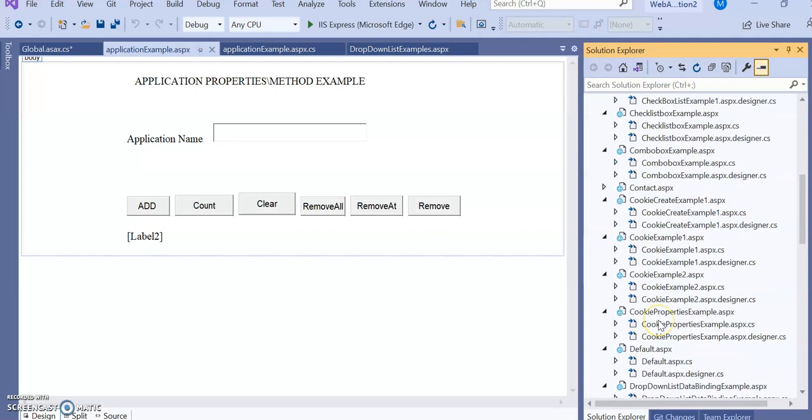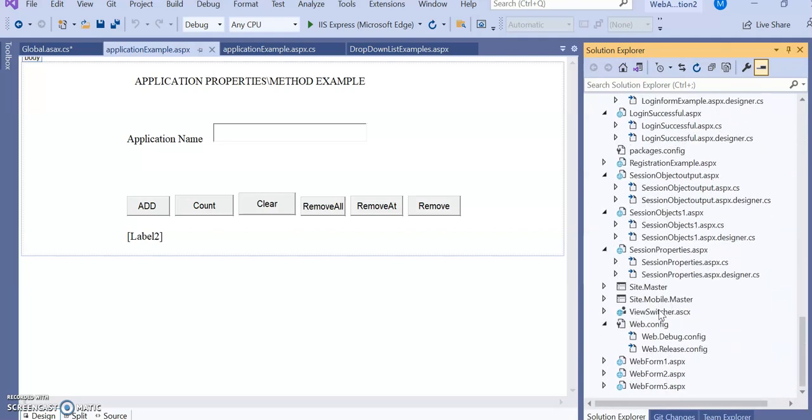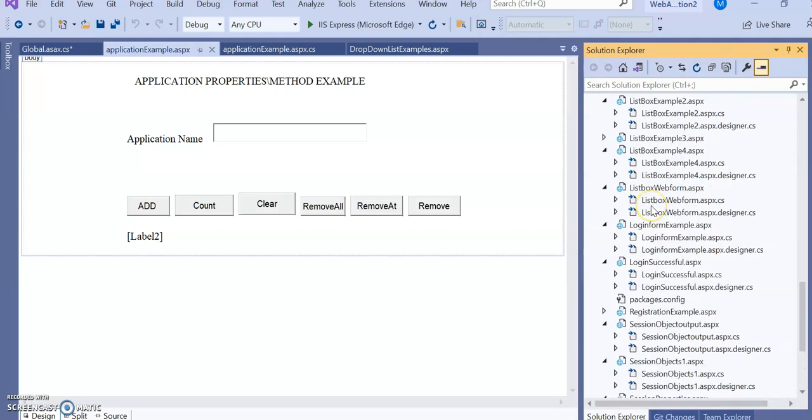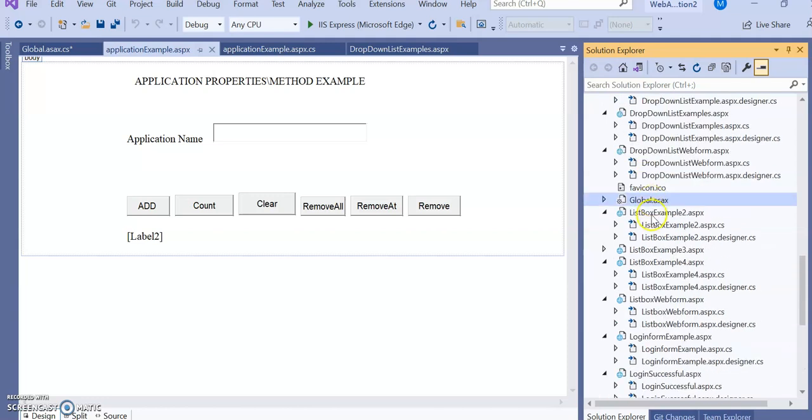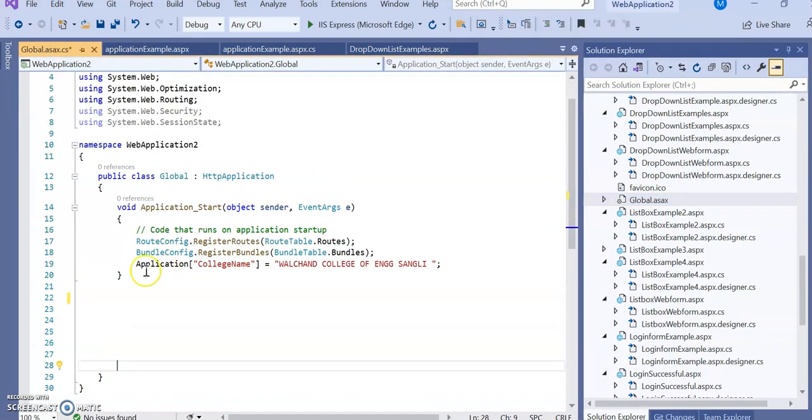I will show you. This one, this is a global.asax file. You can see it's code. By default, this file will be created with the Application_Start method. So only one method, application start, is there. If you want to add another method, like application end, application dispose, then session start, session end, we can add these methods over here.